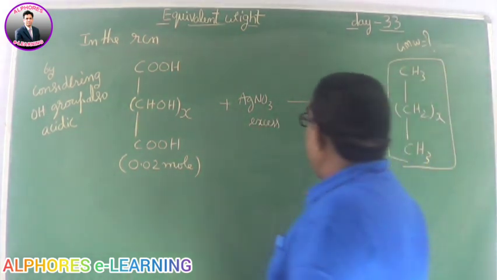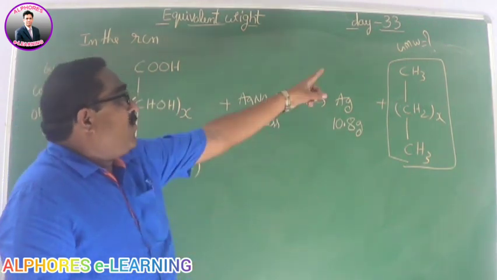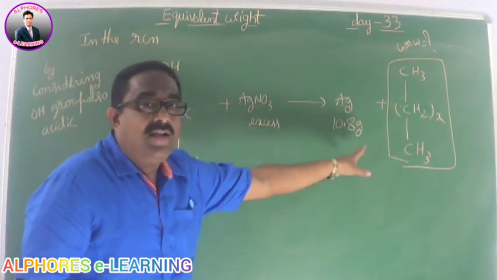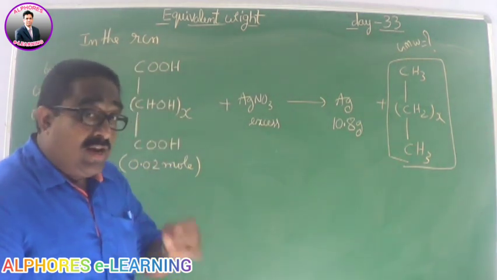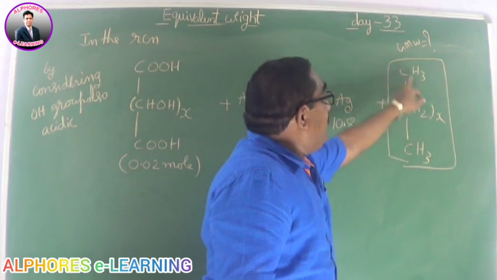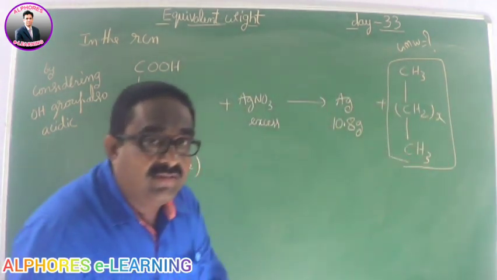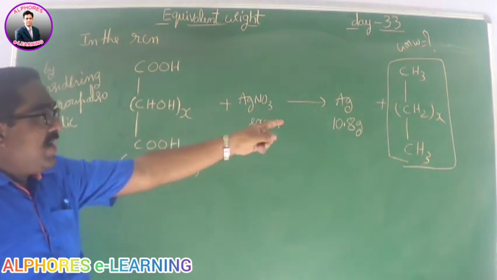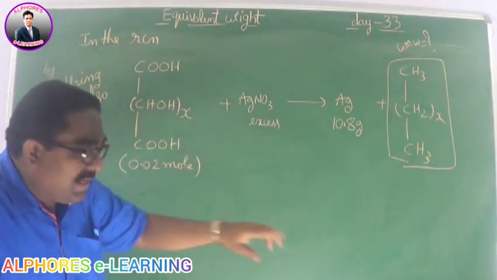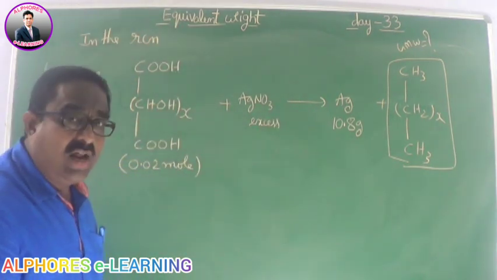That is better. Instead of writing all the sentences, simply you can write the question there itself. What is the molar mass of that substance? When will you get the molar mass of that substance? 12 plus 3, 15. But CH2 is 14, but how many X? First of all, we should find out the value of X. Then we can easily calculate the GMW of that product.